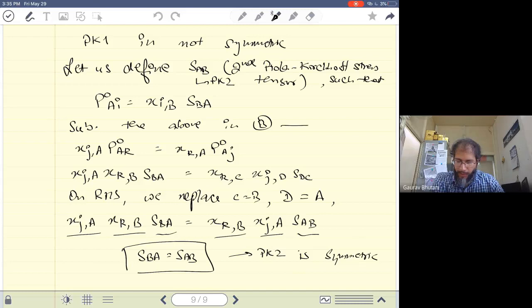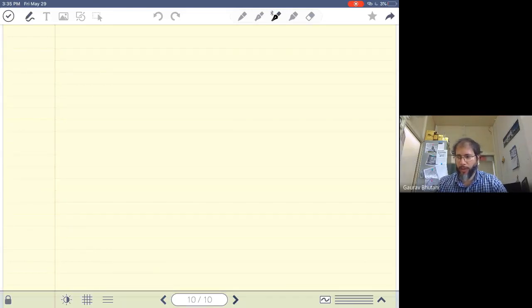Okay. The last thing, which will be very quick to discuss today, is the relation between the PK stresses and the Cauchy stress tensor. There should be some relation, right? And there is, because they both just quantify the stress vector acting, just that the Cauchy stress tensor is written in terms of Eulerian normals, and the PK stresses are written in terms of the Lagrangian normals.